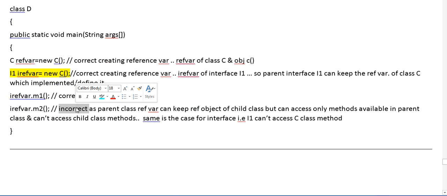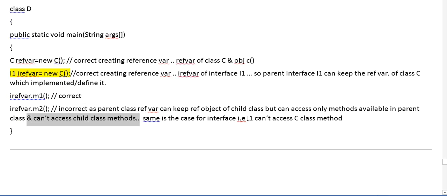As you know, in inheritance we also have the same feature: the parent class variable can keep the reference of the child class, but can access only the methods in the parent class and cannot access the methods of the child class. Okay, so the same is the case with interfaces.